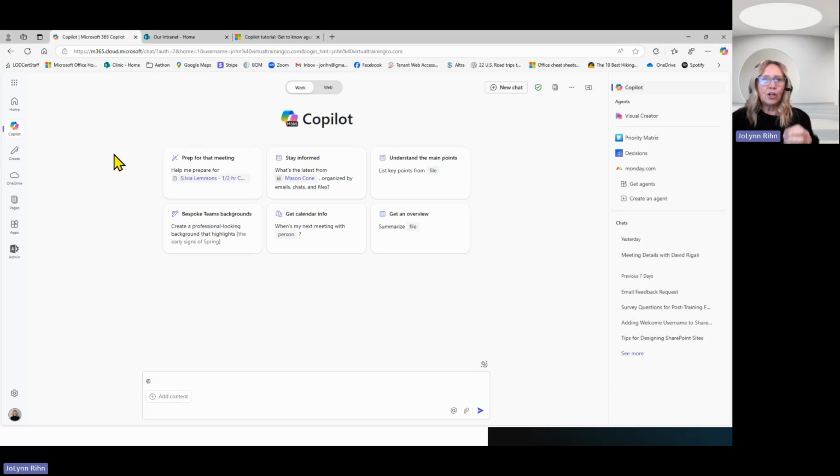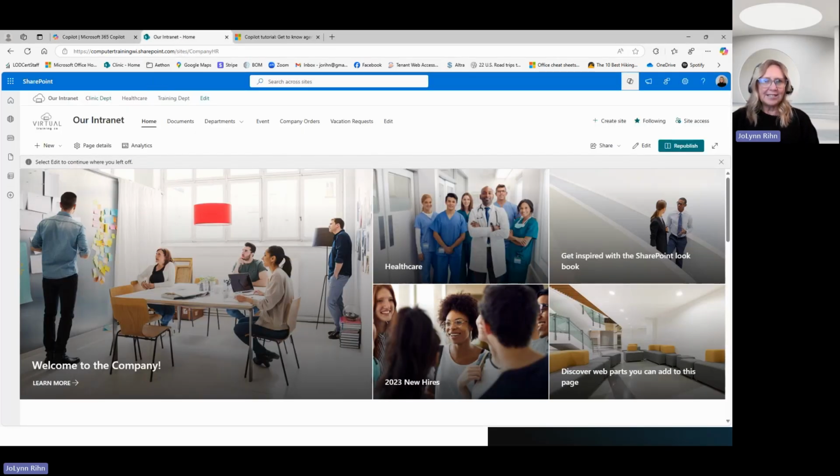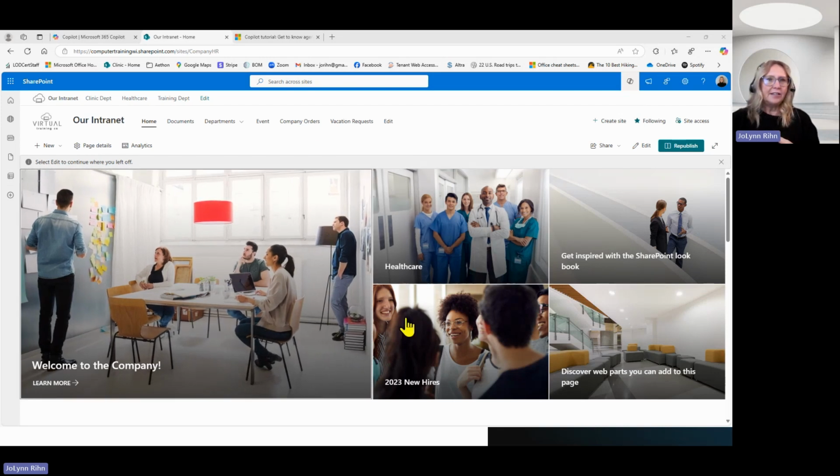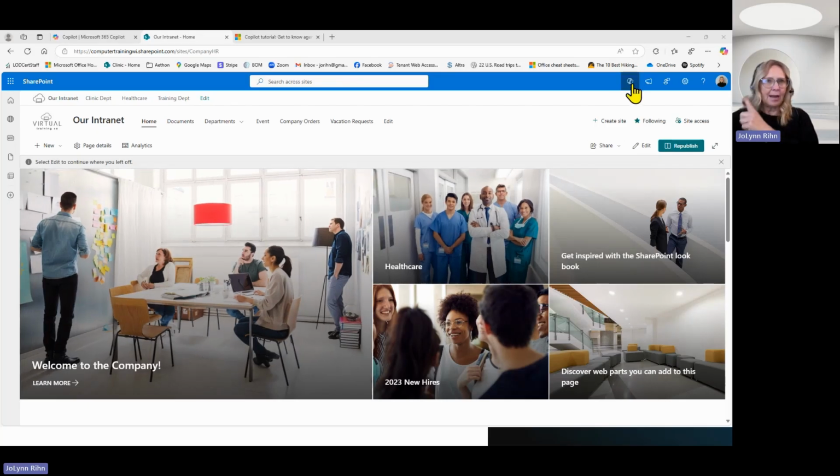But I want to talk about SharePoint. I feel that SharePoint is a big part of using agents these days. So if I go to a SharePoint site, just so you can see a couple of examples of using agents that are already built into your Microsoft apps, here in SharePoint, one of the things that we can be doing is, let's say that I go into editing. You know, I'm in edit mode right now. I'm editing this SharePoint page, so I have to have edit capabilities. But if I go to Copilot at the top right,